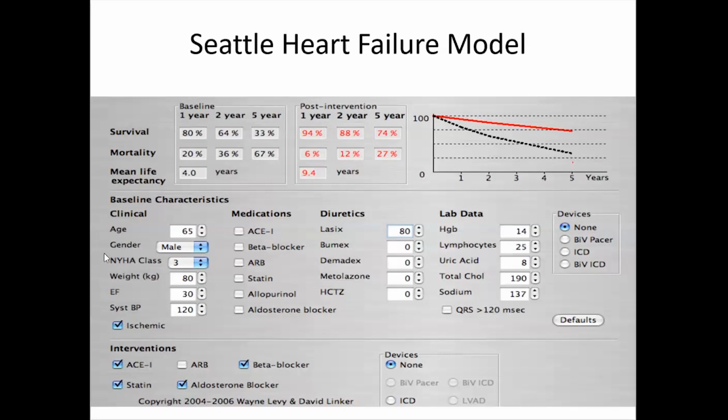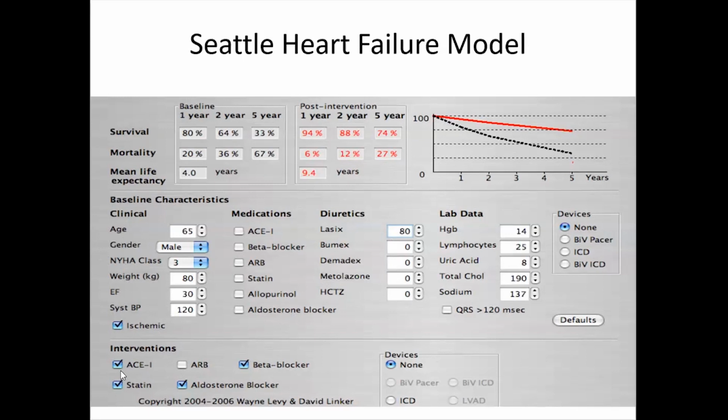This takes into consideration a lot of patient characteristics, including age, gender, NYHA class, their EF, their blood pressure, the medications that they're on, their lab work, and also the devices that they have. Then it gives you a graph that basically tells you what the mortality is over the next 5 years. What is good about this is that you can show this to the patient and tell them which